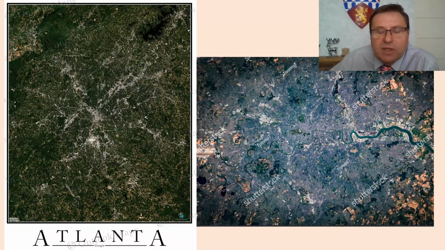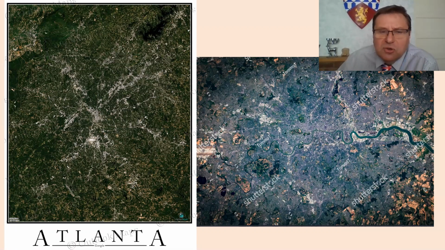Now look carefully at these pictures. What do they really tell you about the two places? What's the difference in colour? Why do you think that is? Why is one a different colour to the other? Remember, if you're looking from above, what would make one such a different colour to the other? What would make one a different size to the other? Interesting. Look at the aerial photographs, study them and tell me what that tells you about London and about Atlanta,